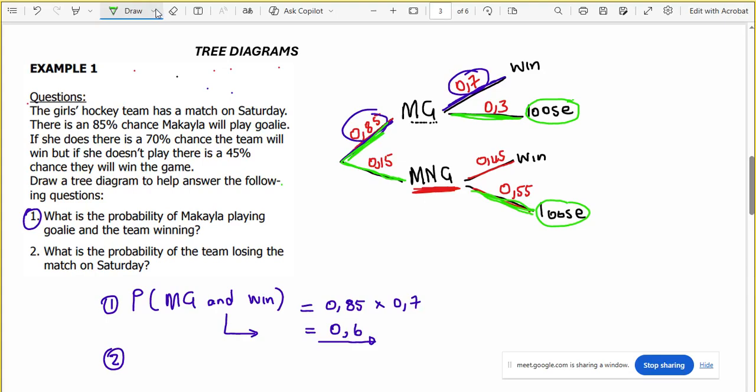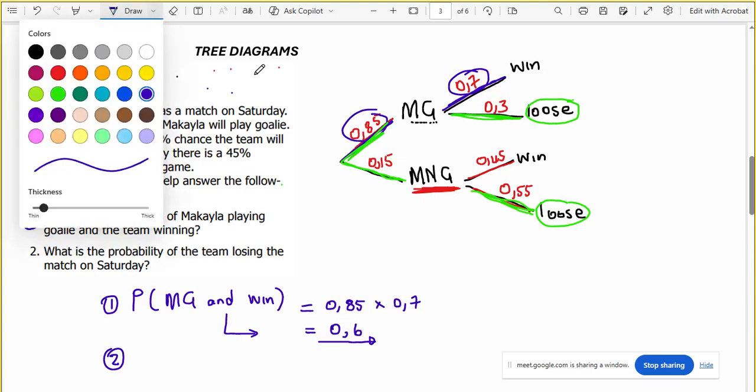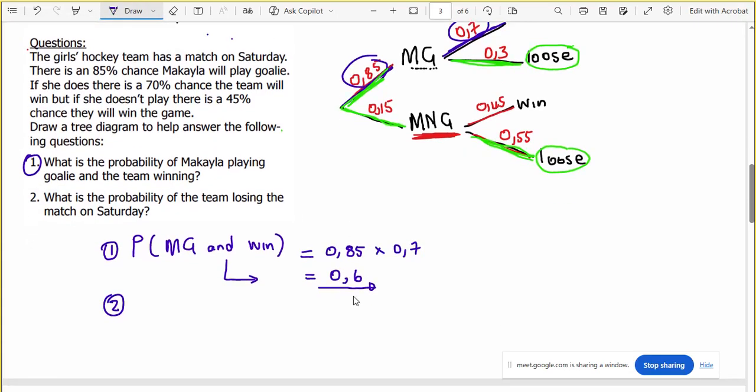We look for the probability of the first branch, Michaela playing goalie and the team losing, and then add the probability of Michaela not playing goalie